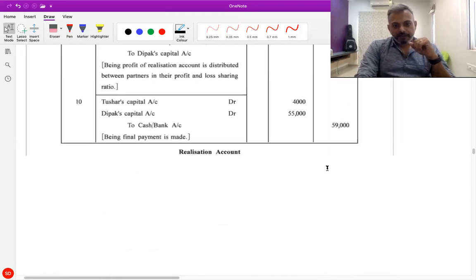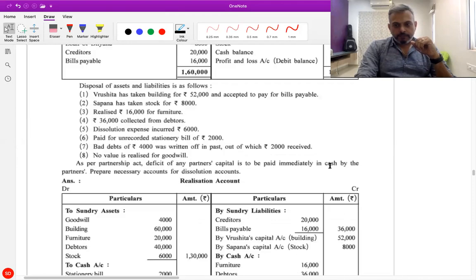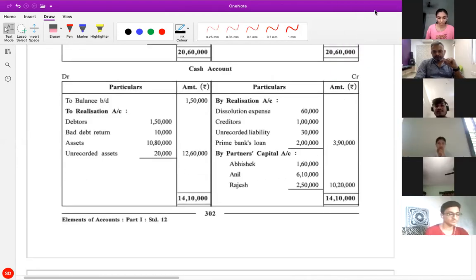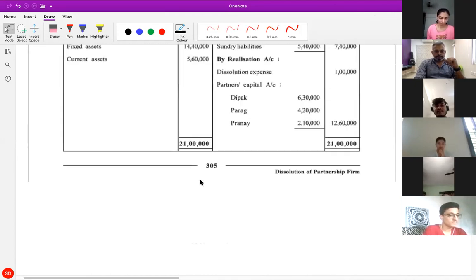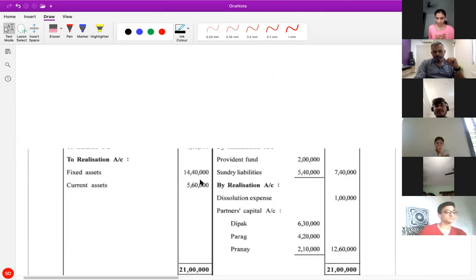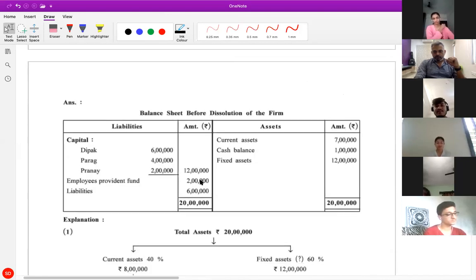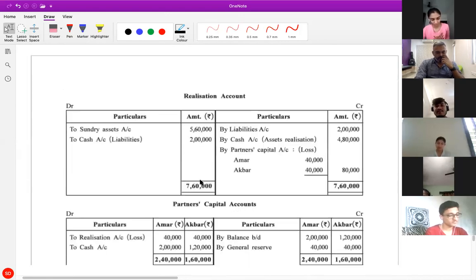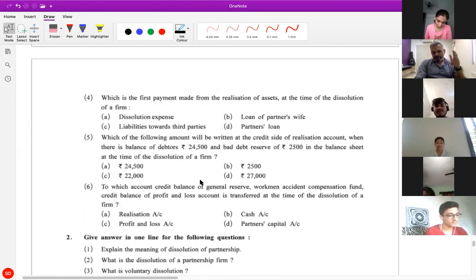Now directly go to the illustrations. Anyone has any doubt? Were you able to do illustration 7 which was given to you? Okay, 8 we have done in the class, in the lecture. Now okay, MCQ किया है सबने इसका,